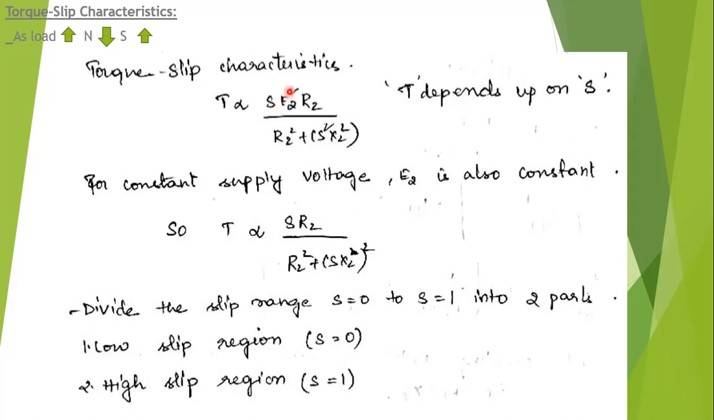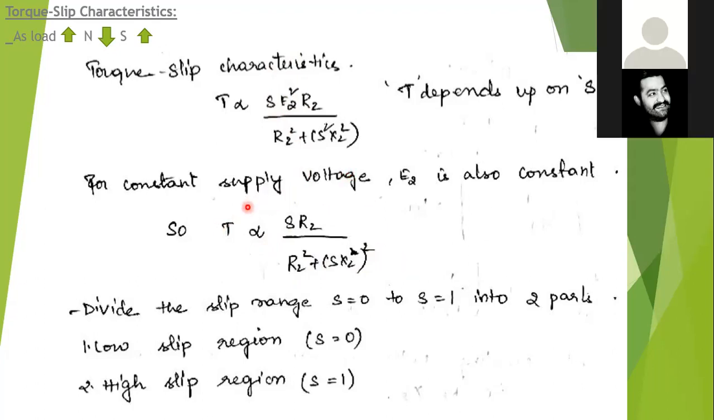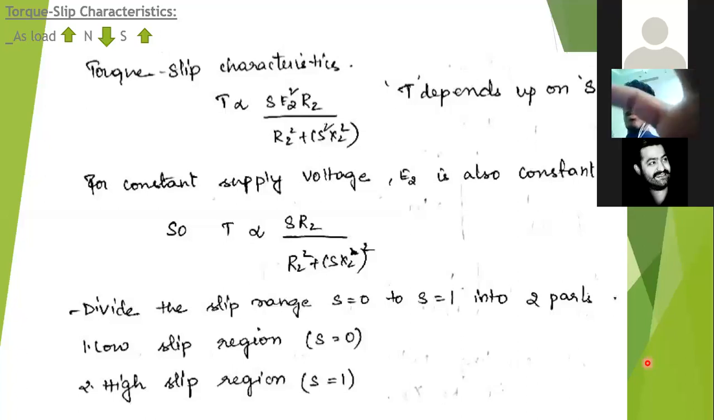Okay. So if you take a constant voltage, the supply will be almost constant. If you take a constant voltage, here we can take E2 as constant. So what is the remaining term in this formula? Torque is directly proportional to, if you put E2 constant, S R2 by R2 square plus S X2 whole square, right? Okay. So this is the final equation for us, and from this equation we have to analyze the torque slip characteristics. So from this equation we will find out the torque slip characteristics. Okay. So for simplicity, what I am taking is,